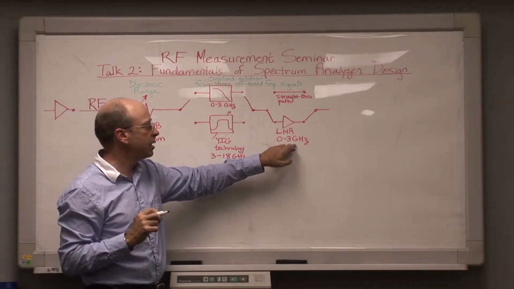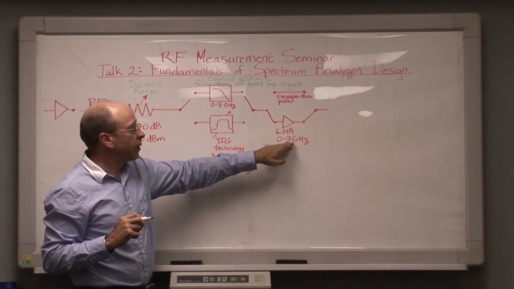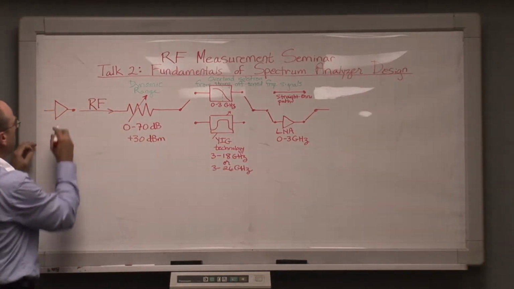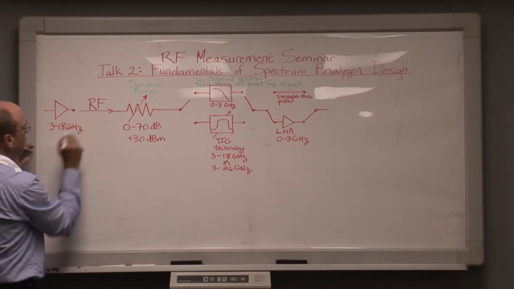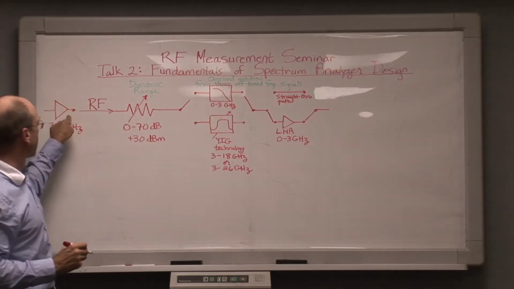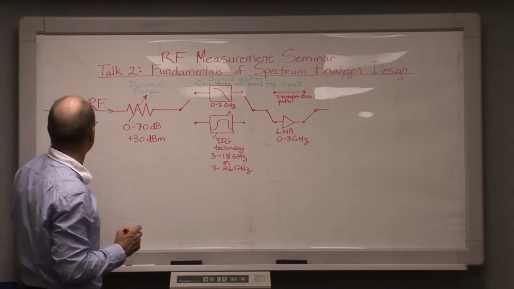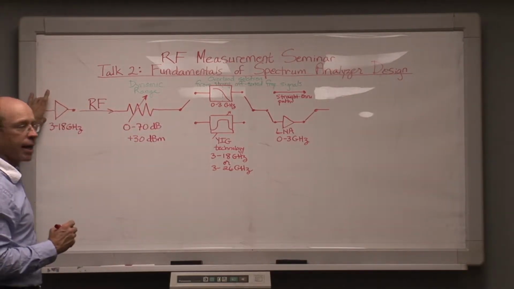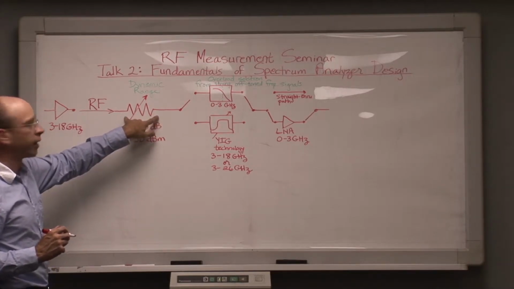Here's the catch. If you need to do that, and we'll talk about this in a later measurement talk, if you need to use a low noise amplifier at frequencies above 3 gigahertz and you need to go back here to an LNA that operates, say, from 3 to 18 or whatever gigahertz, you now no longer have this filtering in front of this LNA. This LNA can be overloaded by strong signals that are not on the frequency where you're trying to make a measurement. And so you end up having to also provide your own filtering in front of this auxiliary LNA out in front. And then if you're going to do that, you'll also have to typically provide your own variable RF